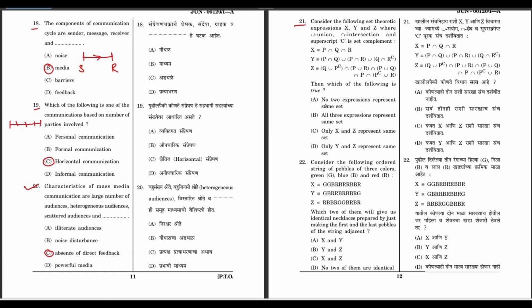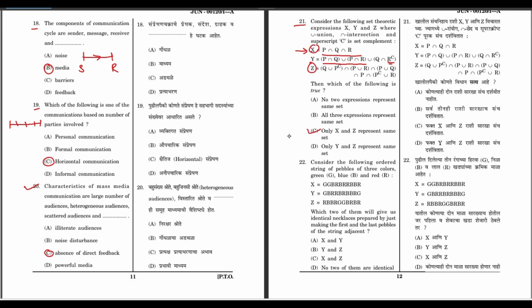No two expressions represent same set. All three expressions represent same set. Only X and Z represent the same set, or only Y and Z represent the same set. So let's check. X shows P intersection Q intersection R. Y shows P intersection Q union P intersection R. So it shows all elements either in P or Q, P or R, Q but not in R. Z represents all elements in Q but not P, either in P or R, P or Q. So correct answer is